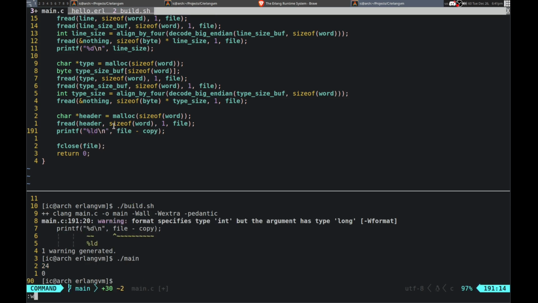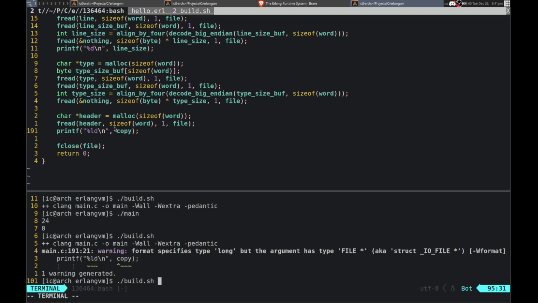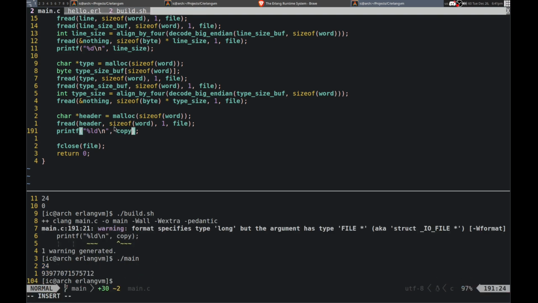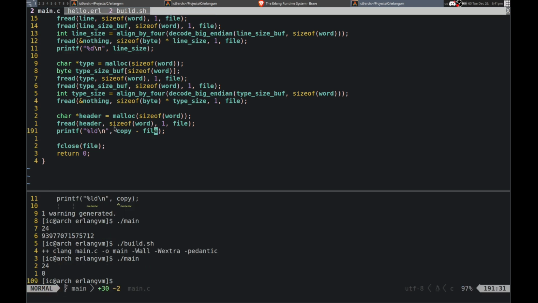Alright, so it is 0. Minus 5. 0. Okay, so they're the same still. So it doesn't offset it, I suppose. So I don't know how to do that then.